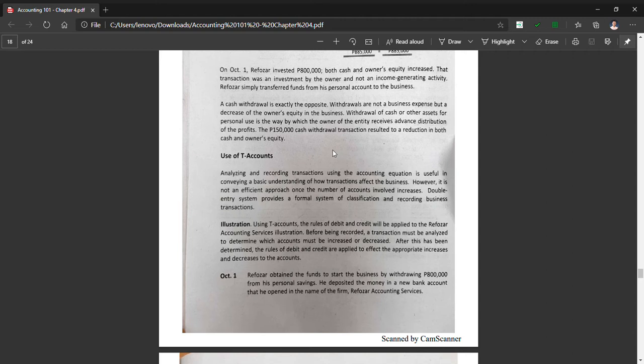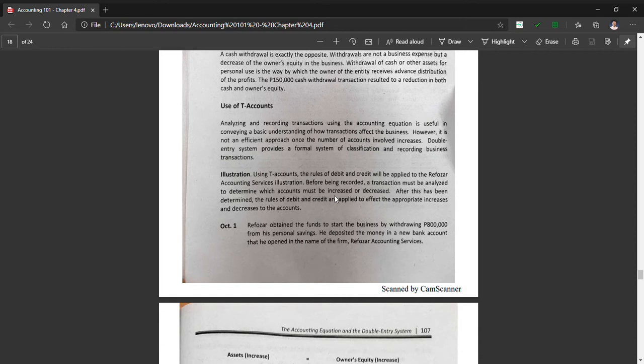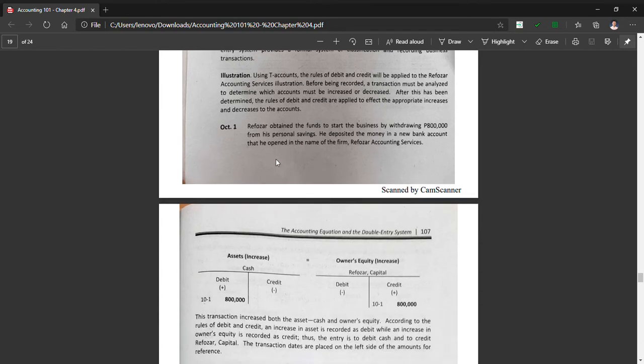Using the accounts helps us understand better the increases and decreases of every transaction for every account. It also helps us understand the effects of debit and credit. Okay, so let's take a look again at the illustrations. On October 1, Reposer obtained funds to start the business by withdrawing 800,000 from his personal savings. He deposited the money in a new bank account that he opened in the name of the firm, Reposer Accounting Services. Okay, so once again, on October 1,